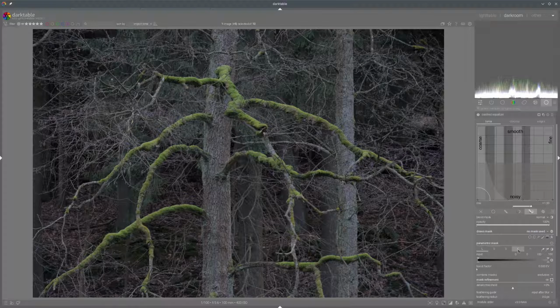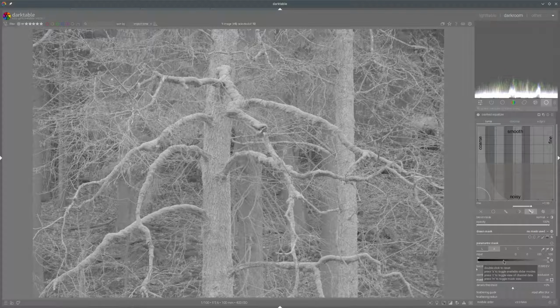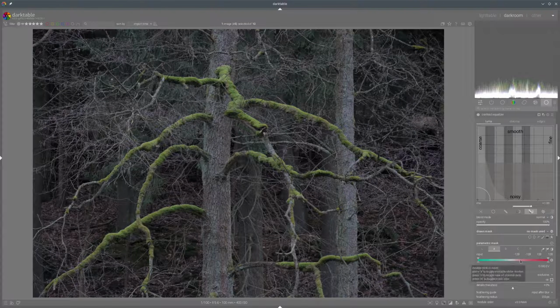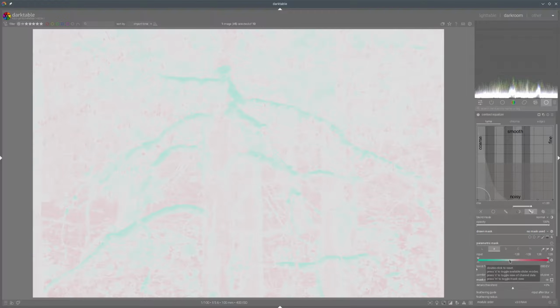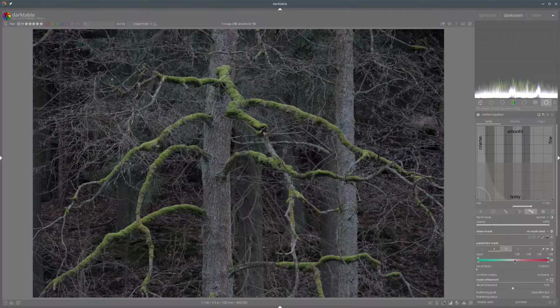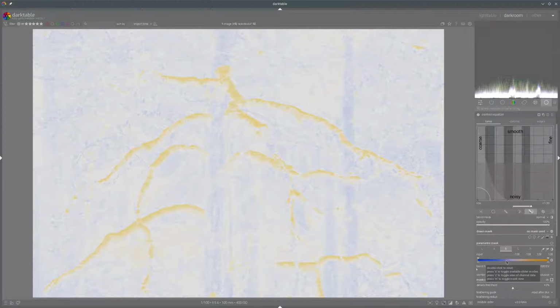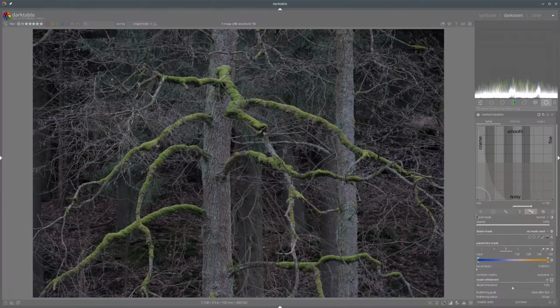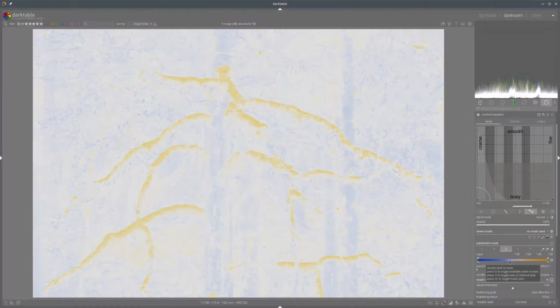We have other sliders here, but to some extent they are quite similar to the sliders that we had in the exposure module. So let's start with L, that is the brightness slider, and see what we get there. Okay, but that won't help us too much with isolation. Let's see the A channel, that is green and red combined. So we see some green, maybe that could be useful. What about the B channel? Oh, that's much better. So our moss has a lot of red, a lot of yellow, excuse me, and maybe that can be useful